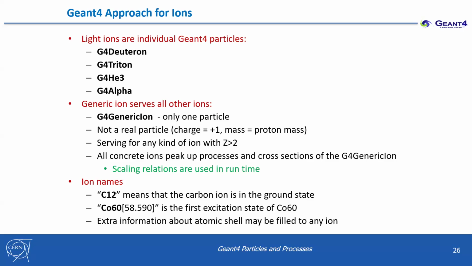It is the first excitation state for this isotope, cobalt 60. And in this sense, ions have a unique name. And the number of such ions may be about several thousand inside G4